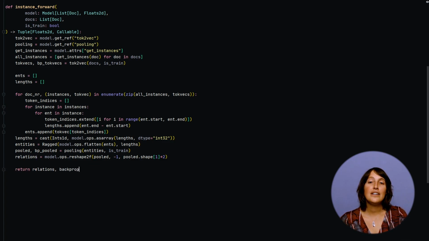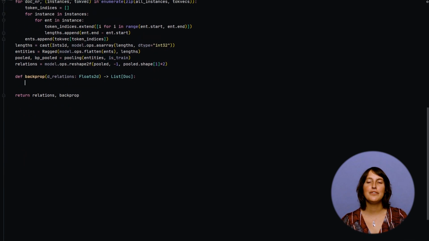And just like the other layers in Thinc, we'll also return an appropriate backpropagation callback. This backpropagation function takes a gradient of outputs and computes the corresponding gradient of inputs. This is a crucial part for training your neural network and allowing your gradients to flow from the output layer all the way back to the input layer, meanwhile tuning your whole network. Thinc gives you full control over this backpropagation functionality.